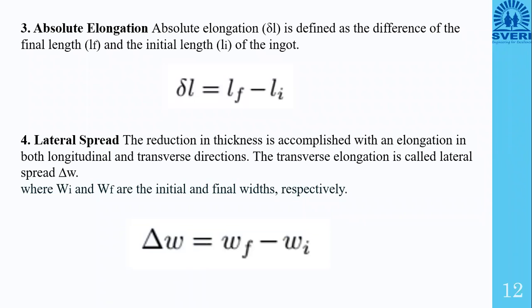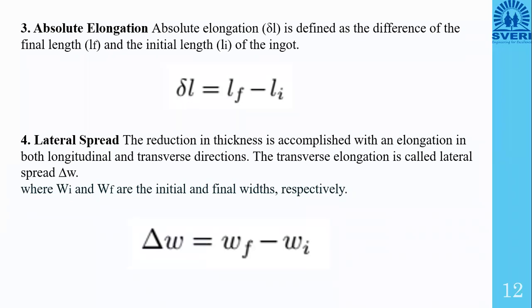The reduction in thickness is accomplished with an elongation in both longitudinal and transverse directions. Longitudinal elongation is the length increment, and the transverse direction increment is the lateral spread. That is, the width is a little bit increased. The transverse elongation is called lateral spread, that is delta W,